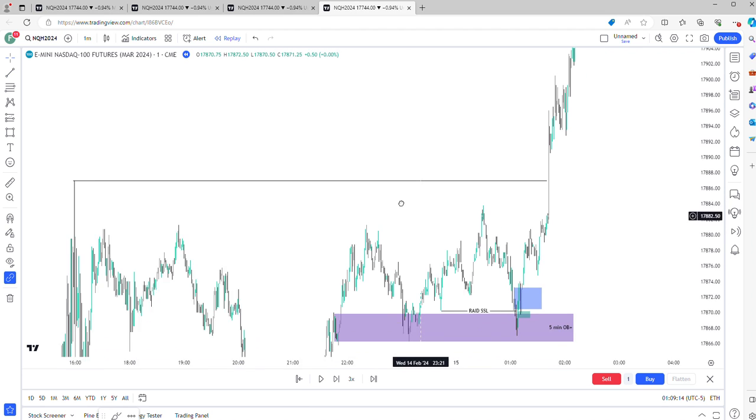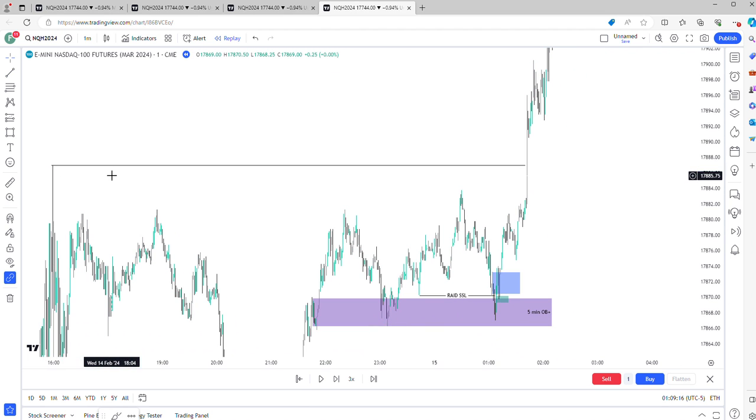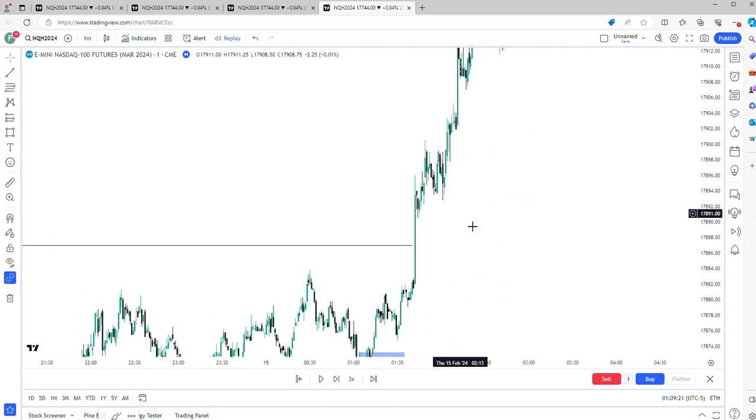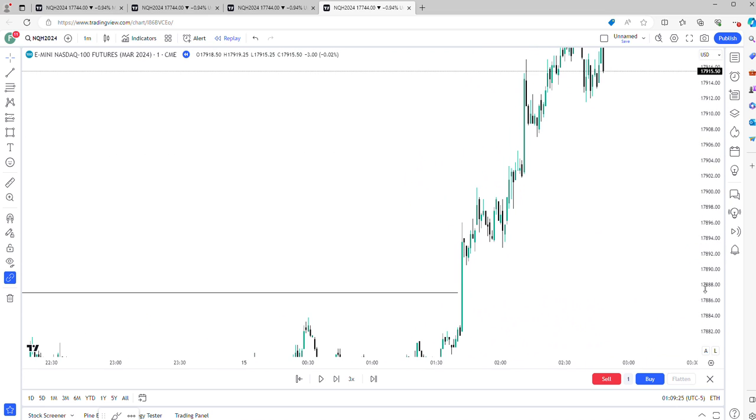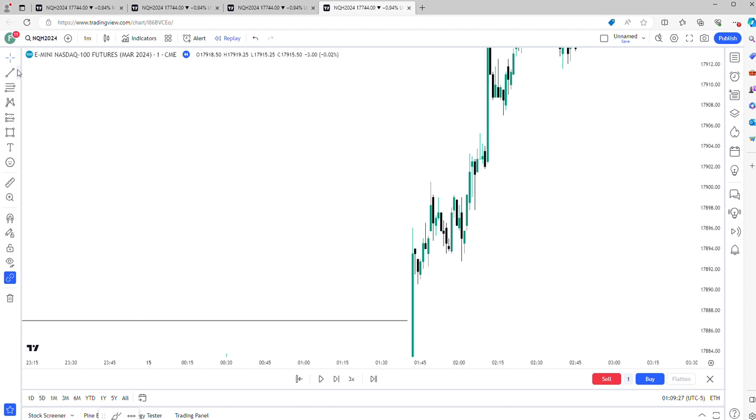For me personally, once the extreme point of buy side is taken, I like to tape read and just wait it out. Again, from a higher time frame perspective, we can see now why we progressively moved higher. So if we then go to the next macro, which is from